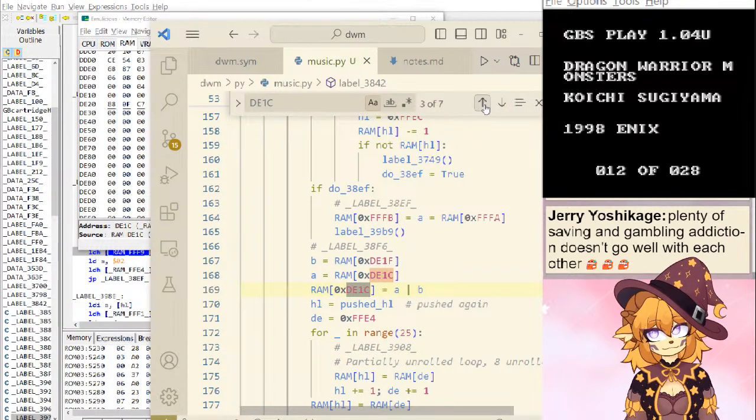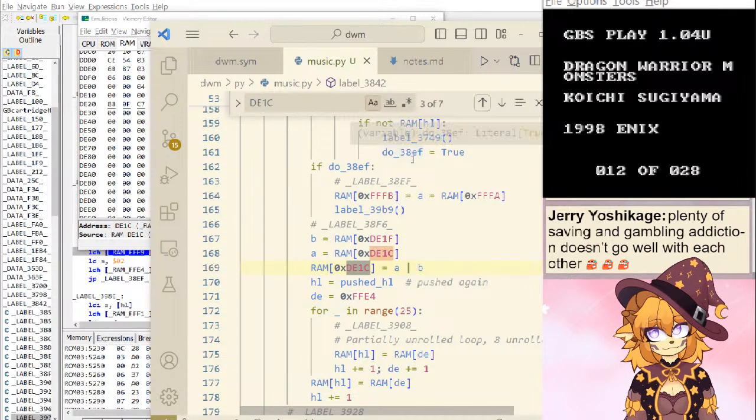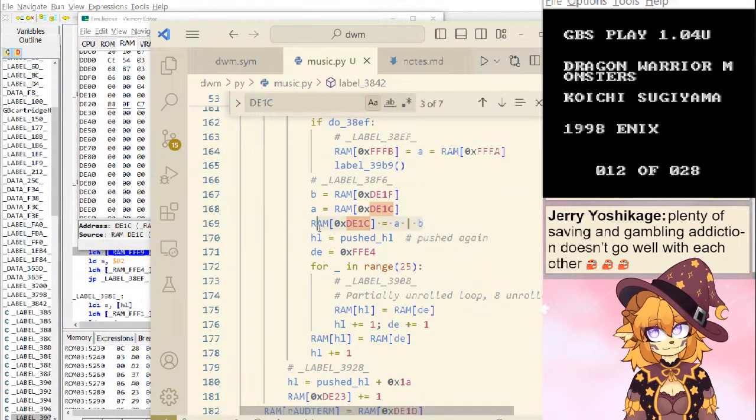Huh. Okay, so if there's an intersection with it, it's because of this, or it's explicitly making that intersection.